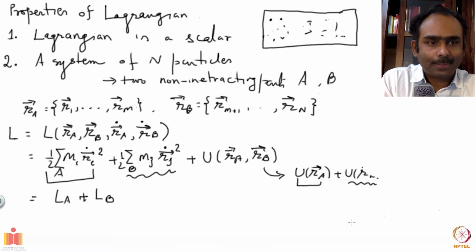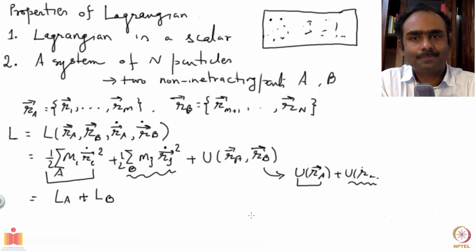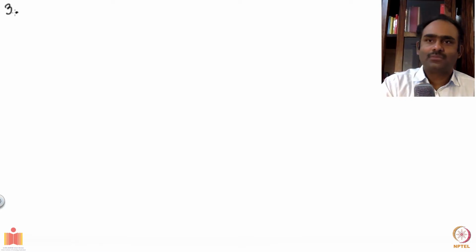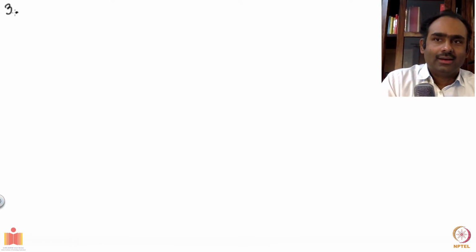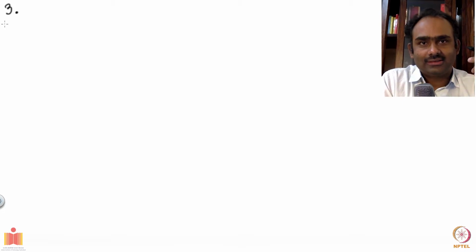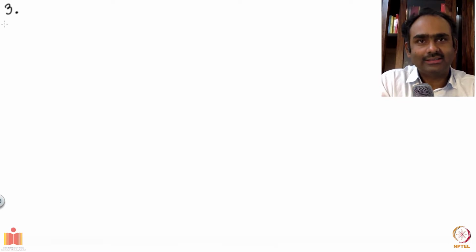Also, let's go to the next page. So I have written down two properties. Now property number 3. It's useful to notice that the Lagrangian which we are writing is not unique. It's not that if you give a system to me, there is a unique Lagrangian that I can write for it.